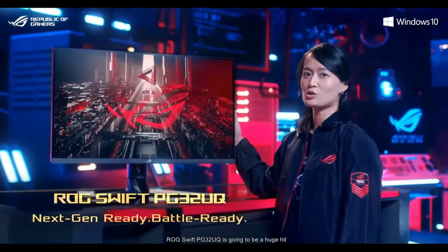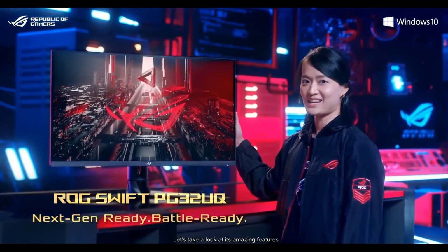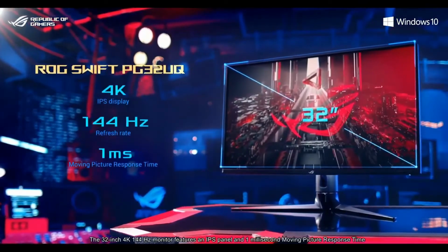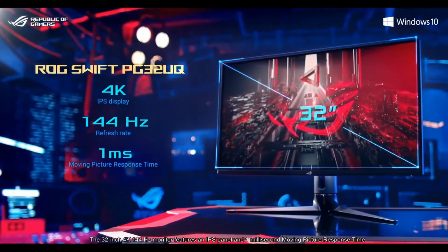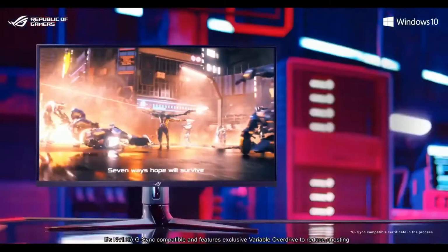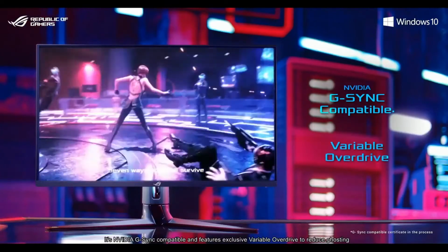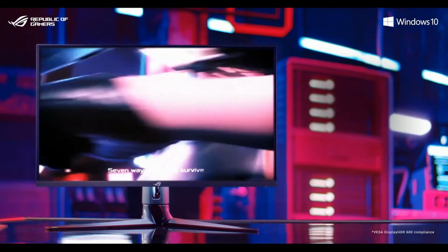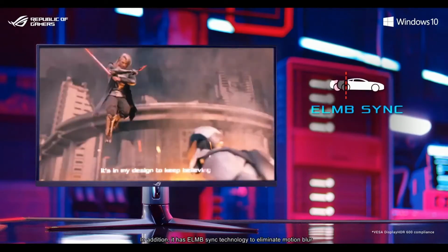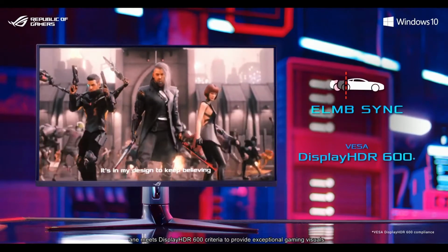Without a doubt, ROG's Swift PG32UQ is going to be a huge hit. Let's take a look at its amazing features. The 32-inch 4K 144Hz monitor features an IPS panel and 1 millisecond moving picture response time. It is NVIDIA G-Sync compatible and features exclusive variable overdrive to reduce ghosting. In addition, it has ELMB Sync technology to eliminate motion blur and meets DisplayHDR 600 criteria to provide exceptional